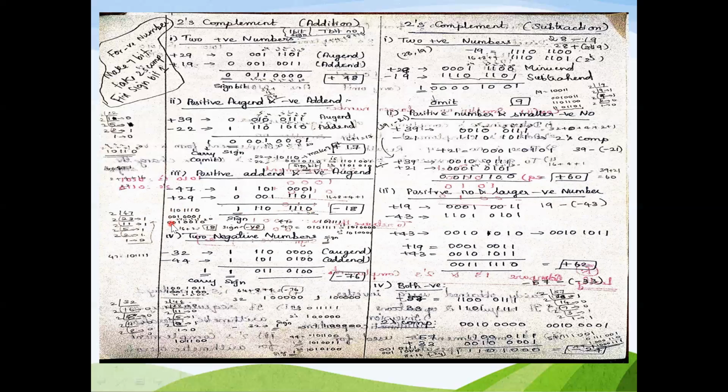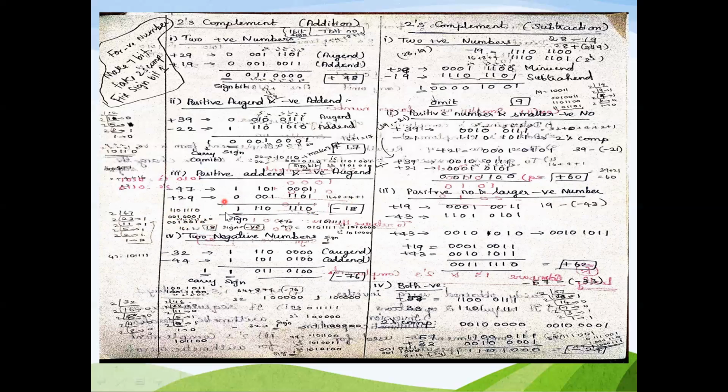So I need to take the 1's complement. I change the 1s to 0s and the 0s to 1s: 001 0001. Next I want to add 1. So 001 0010. Okay, so this is the final result and I am adding 2 power 0, 2 power 1, 2 power 2, 2 power 3, 2 power 4. So 16 plus 2 power 1, 2 power 1 is 2. So 16 plus 2 is 18.